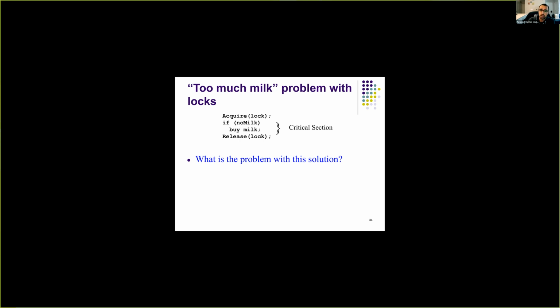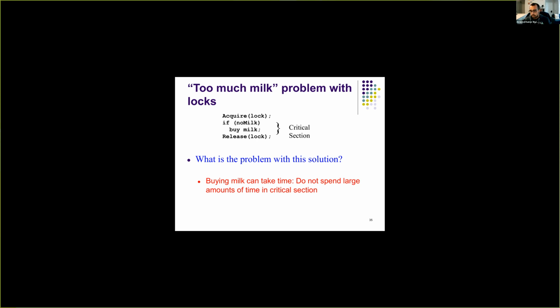If you want to think about it, you can pause the video and see. This looks fine, right? It actually solves the problem. However, there is a subtle issue with this solution. The thing is, we are actually buying the milk while holding the lock. However, as we saw a couple of slides before, we really want to avoid doing tasks that need more time inside a critical section. So we don't want to buy milk inside the critical section, because buying milk might take more time, and it could